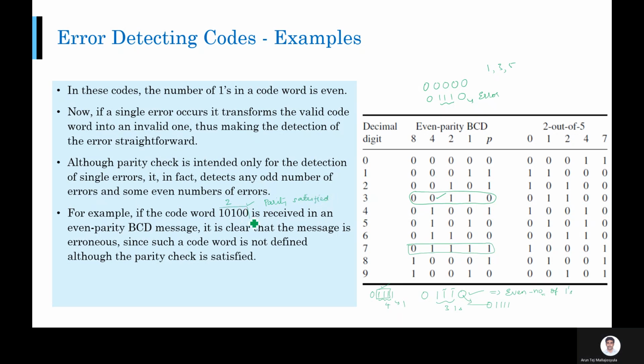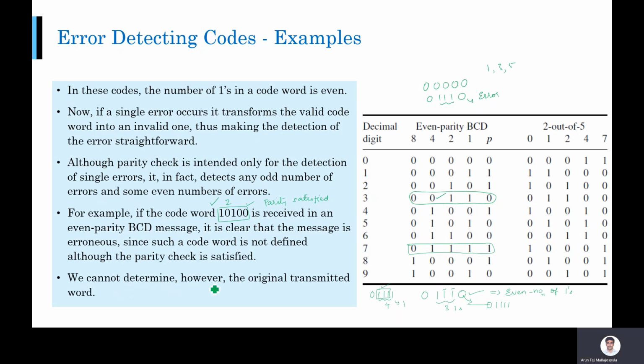But this is an invalid code word, right? You look at this, this code word is not there anywhere. So clearly you can detect an error in that particular case, a message with an invalid code word.